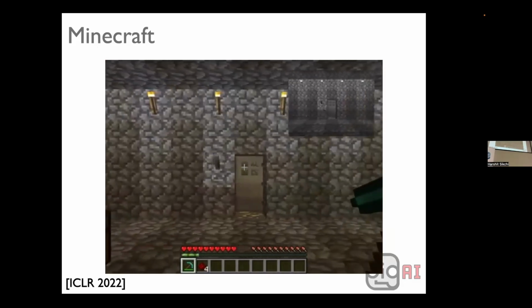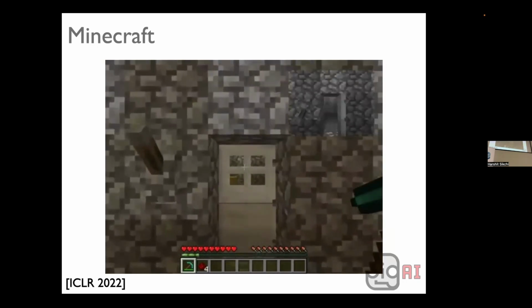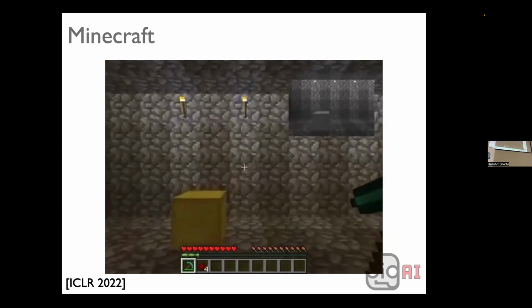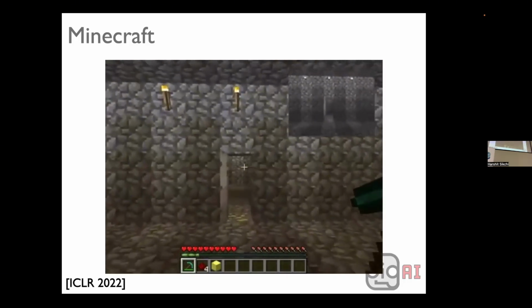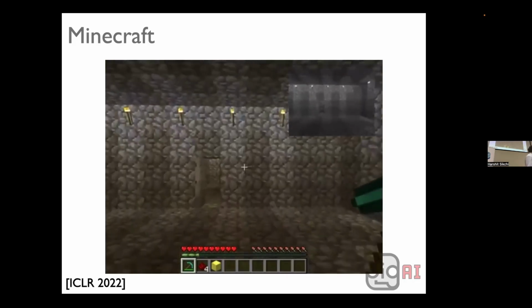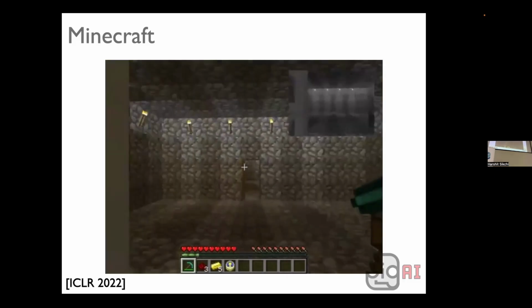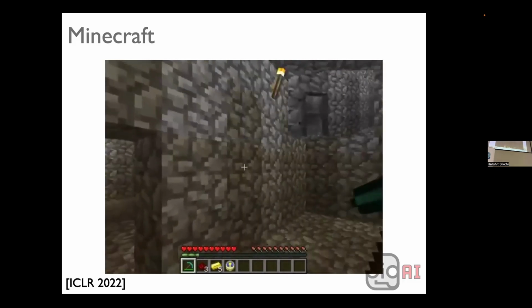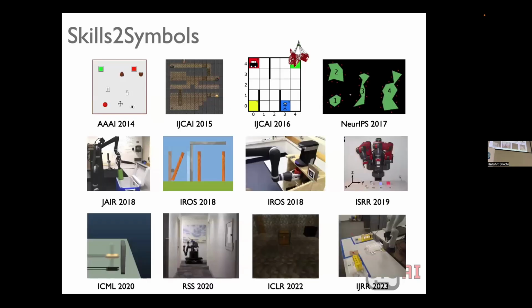This is building the top. Building the golden top, which has a bit of a hole, a bit of a fish, some tools, and it goes and manufactures that whole thing, picks up that golden block, and manufactures the block too. The point, though, is that the properties of the high level action completely specify the properties of the abstract symbol. Once you've done the math, you see that as soon as you understand the properties of the action, everything else drops out. It's just a fairly simple machine exercise. Okay. And we've done this now in my last papers, including 6 real robots. So I think it's a reasonably well defined framework.